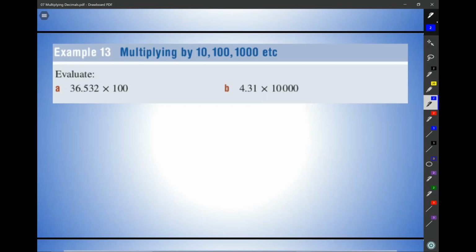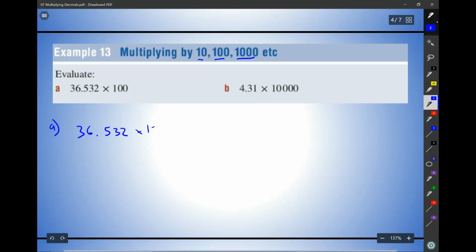Alright, moving on to multiplying. Now, the first tip we need to know about multiplying decimals is what happens when we multiply by a factor of 10. 10, 100, 1,000, 10,000, 100,000. Any number that is 1 followed by zeros is very easy to multiply by a decimal. So in this case we have